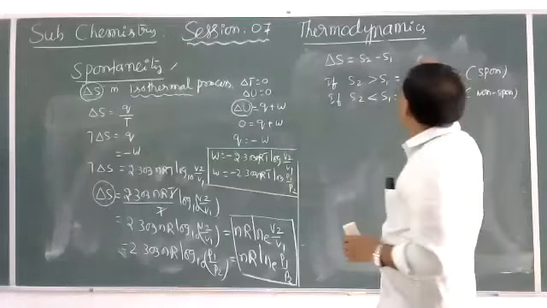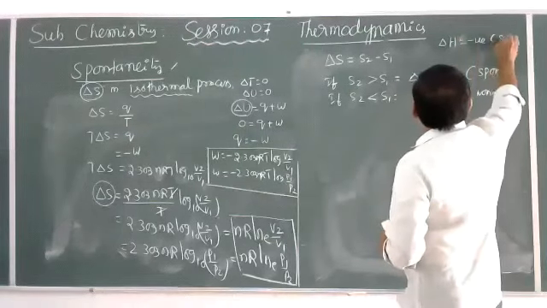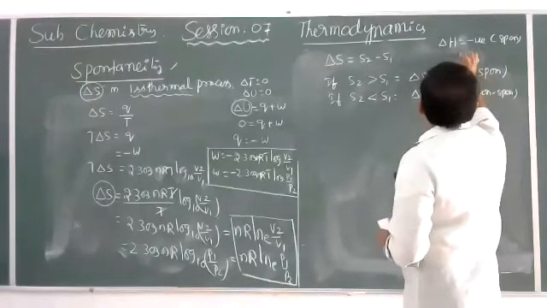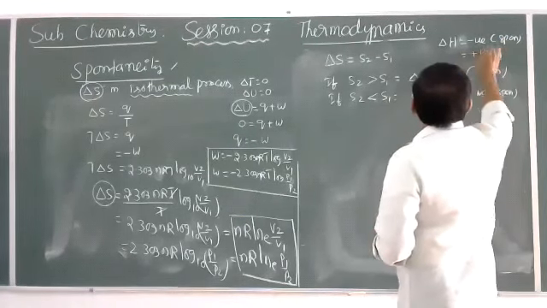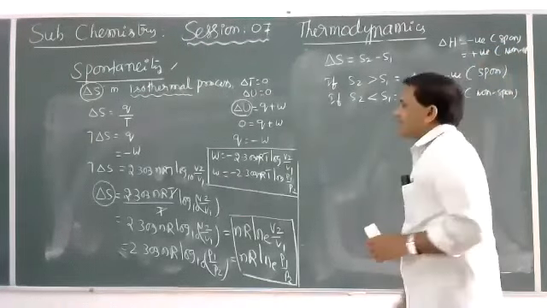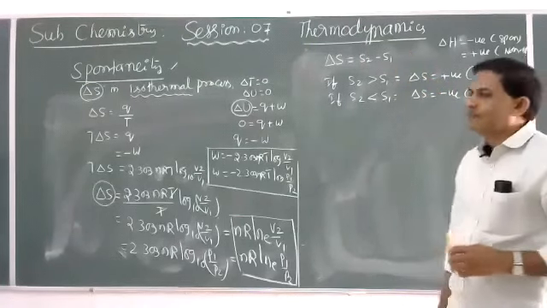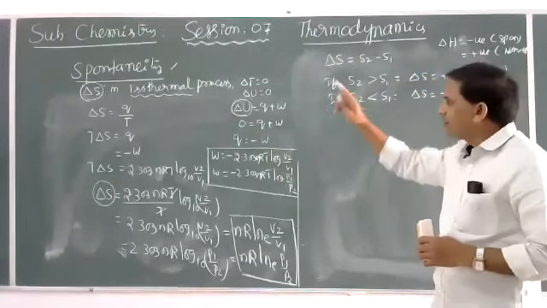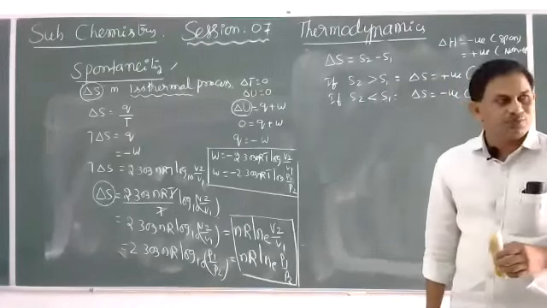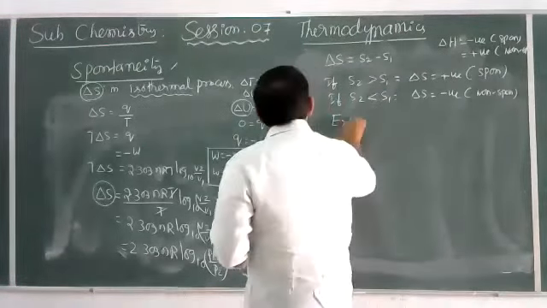Just like delta H negative is spontaneous, and delta H positive is non-spontaneous. But by using change in entropy alone, we can't explain the spontaneity of chemical processes, because for exothermic processes,